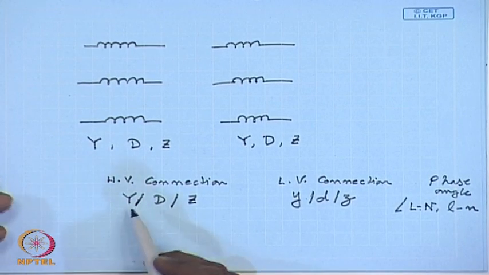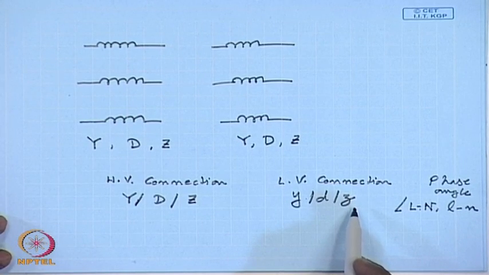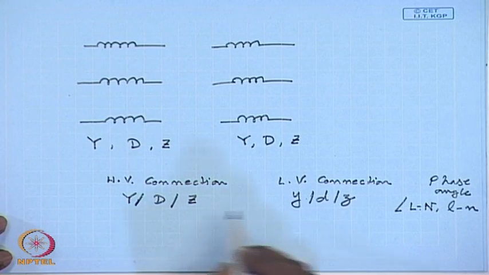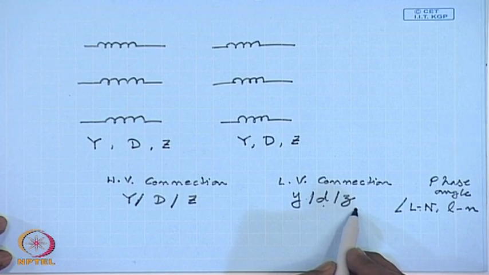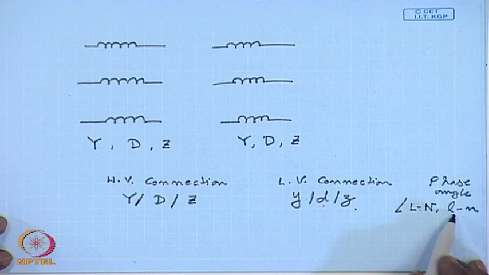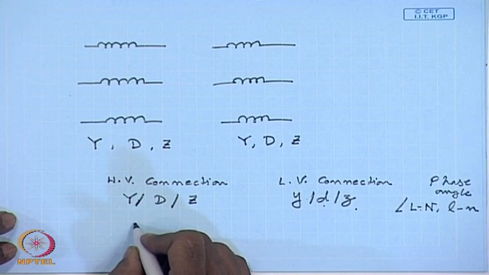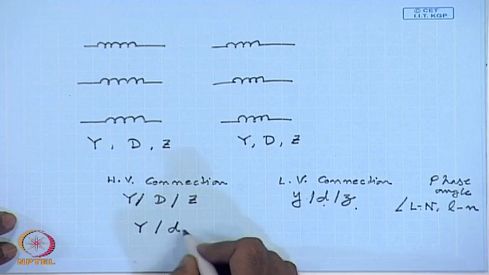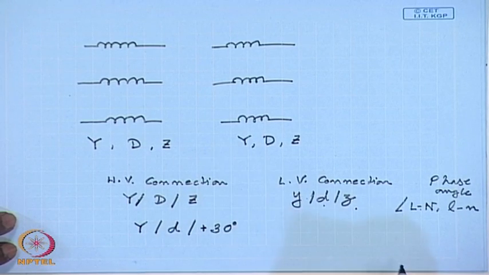So, a complete specification of 3-phase transformer winding connection will involve specifying the high voltage side connection, star, delta or zigzag, the low voltage side connection, again star, delta or zigzag, and the phase angle of the low voltage line to neutral voltage phasor with respect to the high voltage line to neutral voltage phasor. For example, we may specify the connection to be Y D plus 30 degree. This means